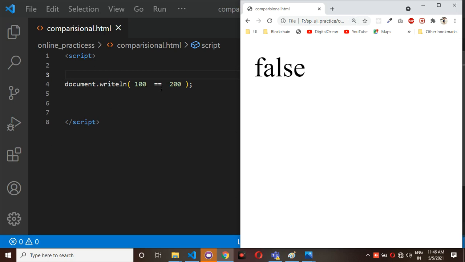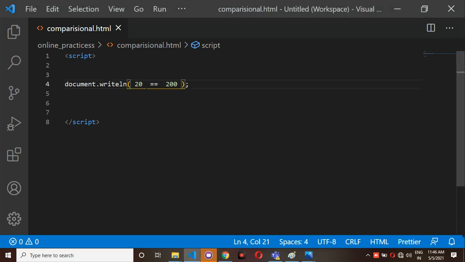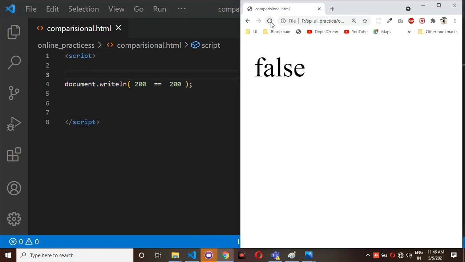So now what I am doing is, for example, I am making this a 200. 200 double is equal to 200 means both values are now equal. If it is equal, we will get the output as true only, because 200 double is equal to 200. Both values are equal. So in this situation you will get the value as true.